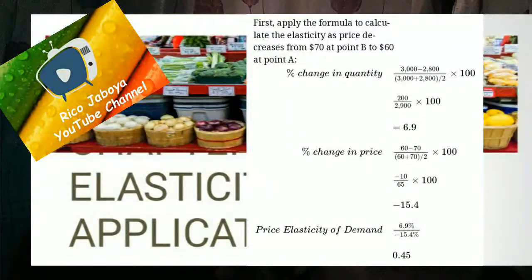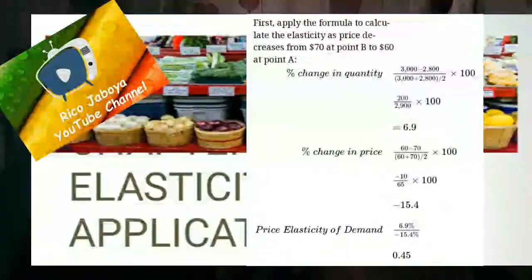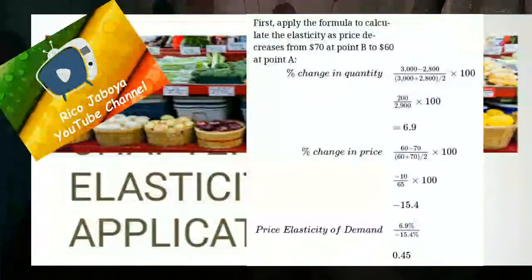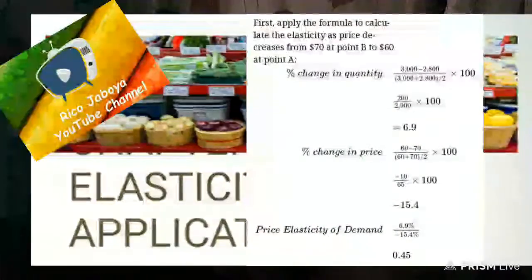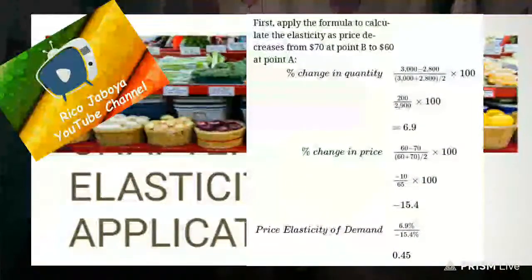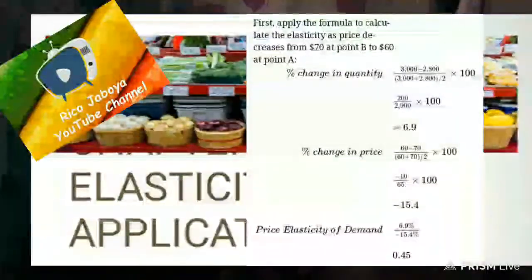Then 60 less 70 will equate to negative 10. Then 60 plus 70 equals, divided by 2 will equate to 65, multiplied by 100 will equate to negative 15.4. Then what we're going to do is divide the percentage change in quantity by the percentage change in price. So 6.9% divided by 15.4% is equal to